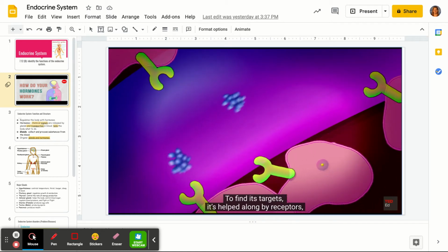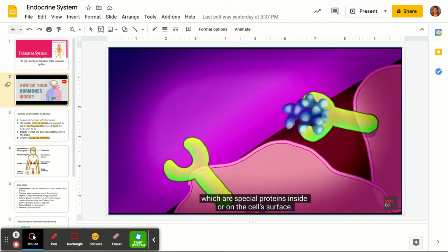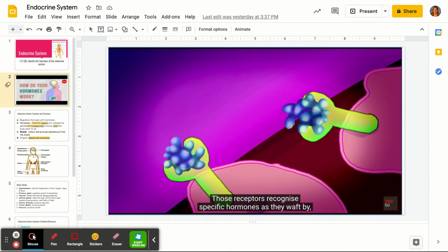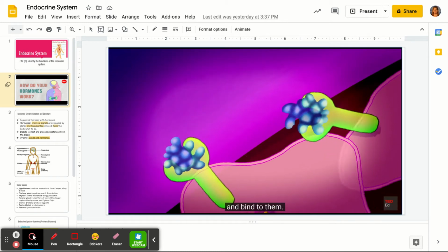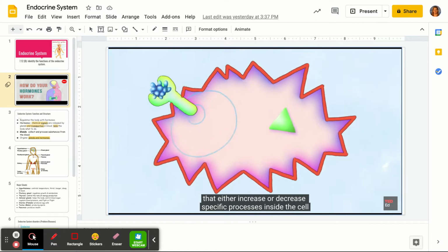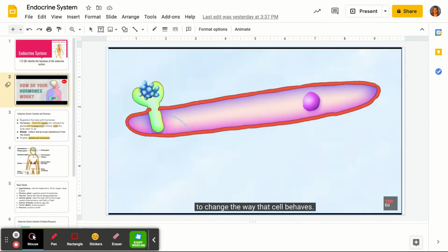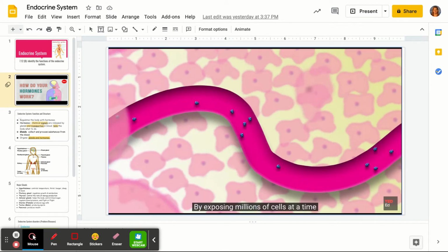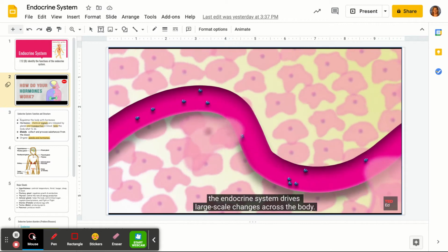To find its targets, it's helped along by receptors, which are special proteins inside or on the cell's surface. Those receptors recognize specific hormones as they waft by and bind to them. When this happens, that hormone receptor combination triggers a range of effects that either increase or decrease specific processes inside the cell to change the way that cell behaves. By exposing millions of cells at a time to hormones in carefully regulated quantities, the endocrine system drives large scale